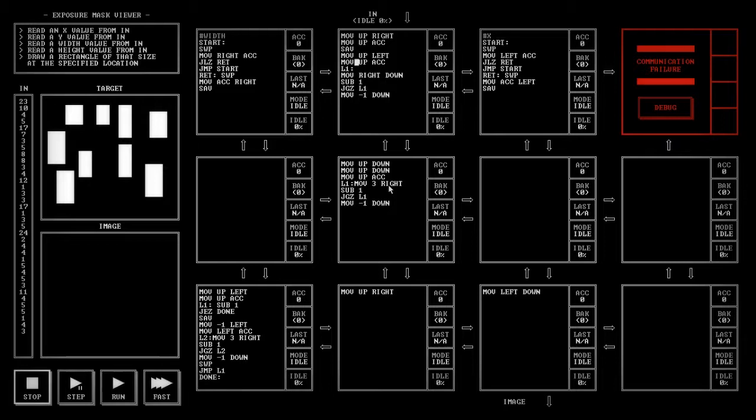And I need to, when we first start, I just need to get it. So I'm going to send that down. The Y value, I'm going to